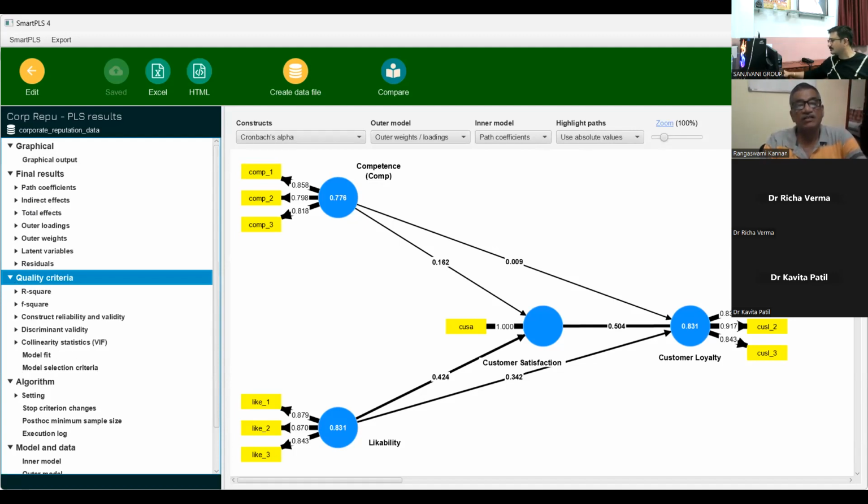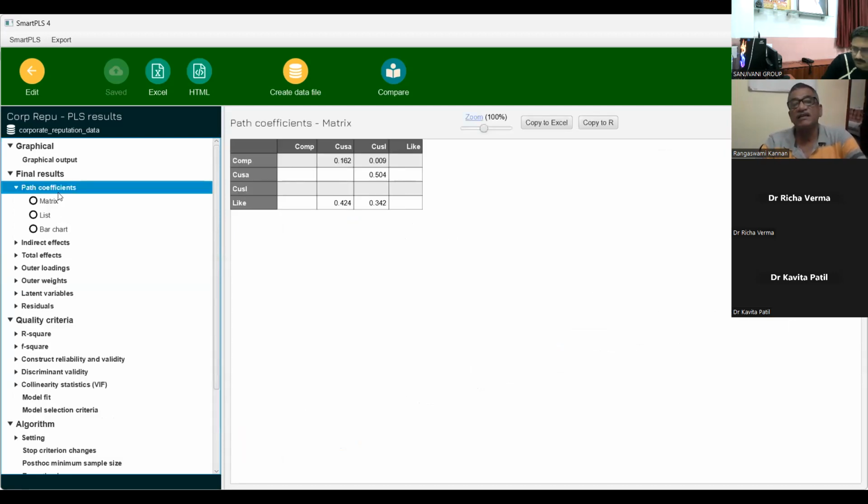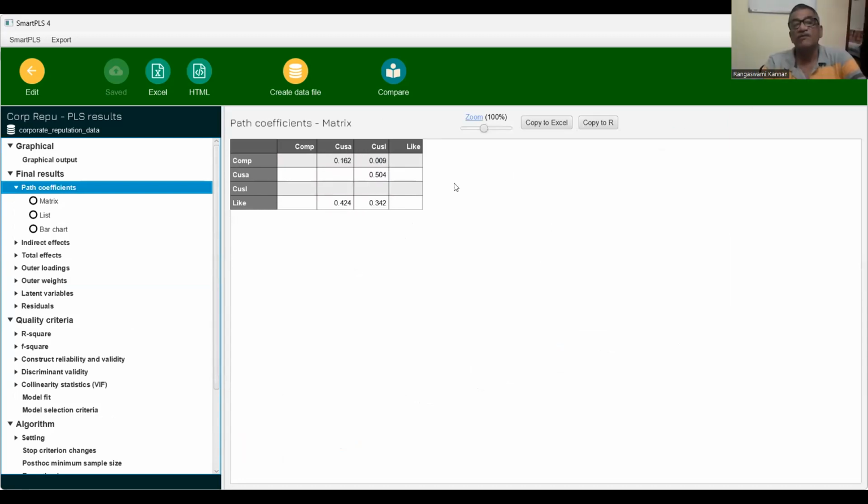So this is mostly used for your measurement model, as well as you can use some of it for your structural model validity. But one thing you will note is that if you click on path coefficient, it gives only the beta values. That means it gives the path coefficients. It doesn't give you the p values or the confidence intervals. So for that, we will have to run the bootstrap. Before that,